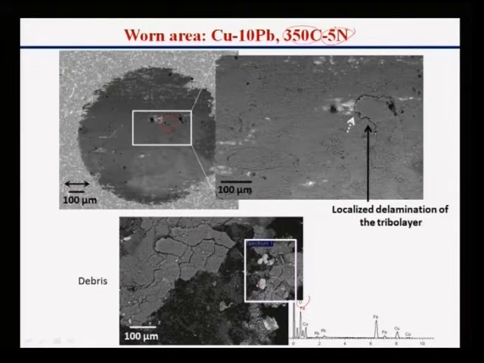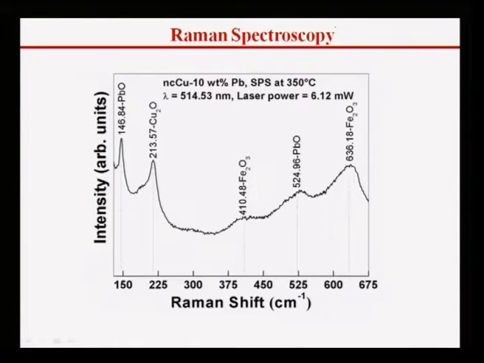Now it does not even tell you what is happening in the wear process. If you do Raman spectroscopy, that is where spectroscopic techniques come into the picture. I have discussed Raman spectroscopy with you. If you use Raman spectroscopy, we start seeing a lot of oxides present, and this tells us the state of atoms. You have seen iron oxide, copper oxide. Iron is coming from the steel ball, and lead oxides. Now lead has different kinds of oxides, PbO, Pb3O4.